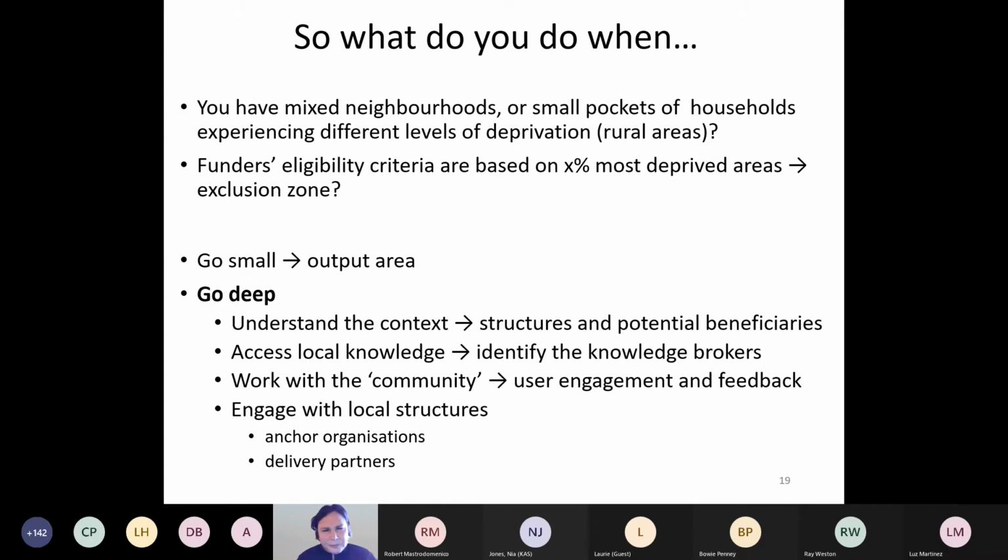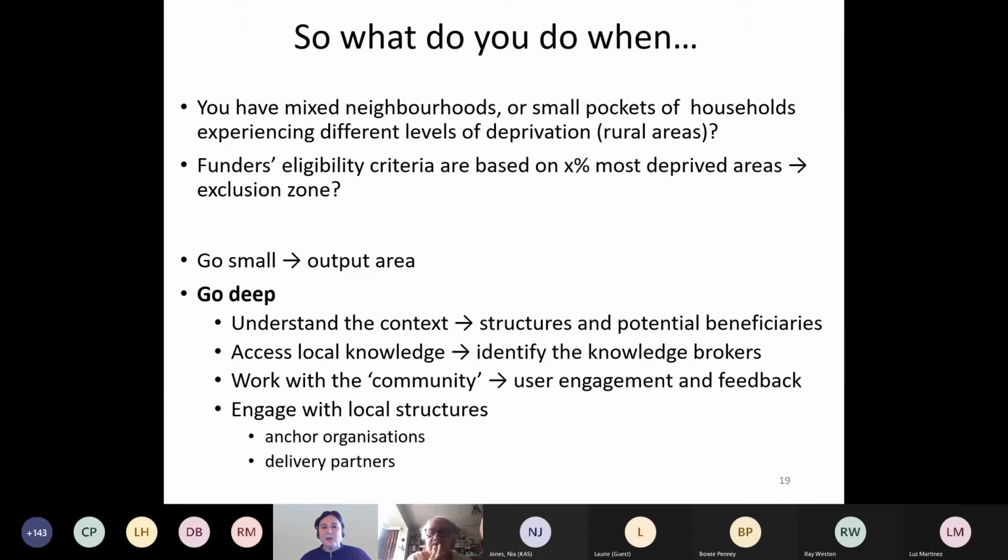So yes, as I said, when you have neighborhoods or areas where there are pockets of deprivation, they're quite small, and it can be very, very localized. So the geography of deprivation in Glasgow changes depending on where you are. Glasgow has a lot of very deprived areas with some very small pockets of extremely affluent areas. Edinburgh's a bit the opposite. It's on the whole fairly affluent, but with some pockets of extremely deprived areas. So geography matters, place matters.